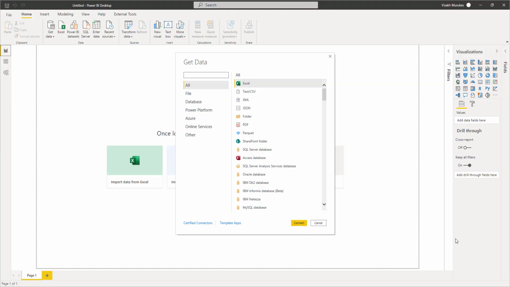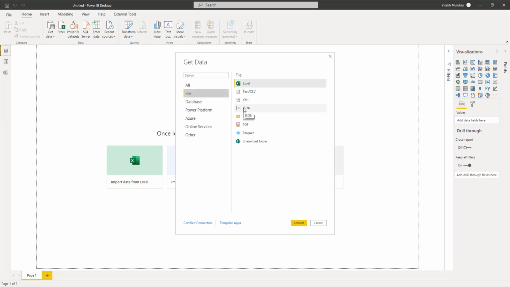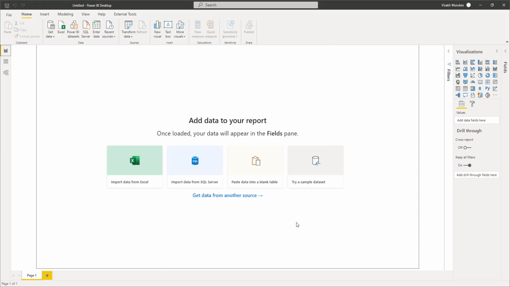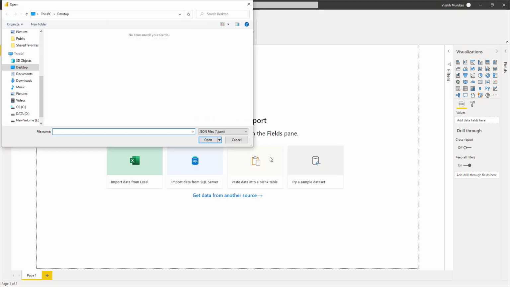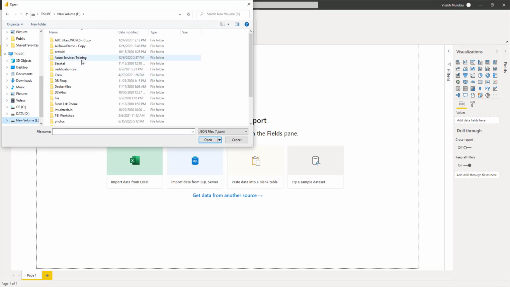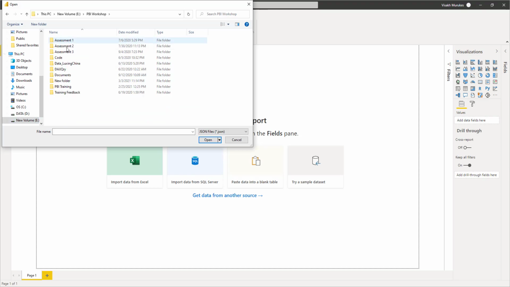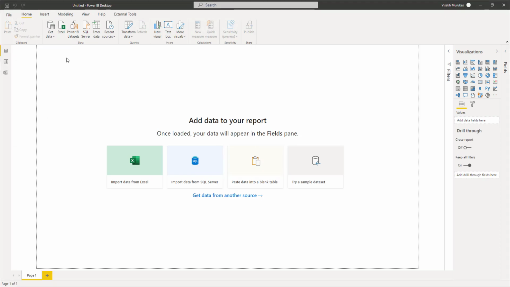To start off the demo, let's first look at what happens when we try to ingest data from a JSON document. That is the default behavior inside your Power BI desktop. So let's go to the get data option, go to file, and you have an option called JSON. Select that option, click on connect. It will ask you for the URL of the file where you have the JSON data. So I'm going to go to one of my JSON data which I am storing inside one of my folders. For this demo, I'm going to use some models.json which contains some product model related data.